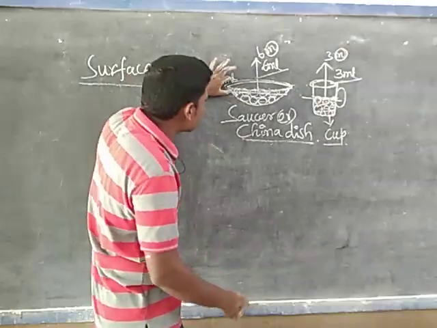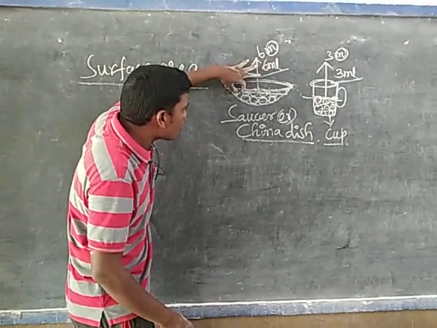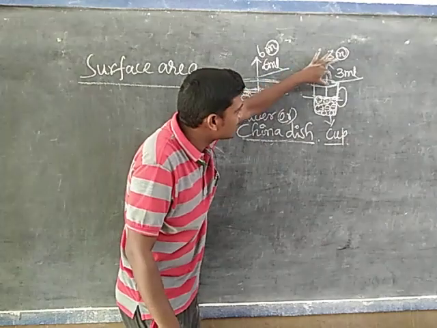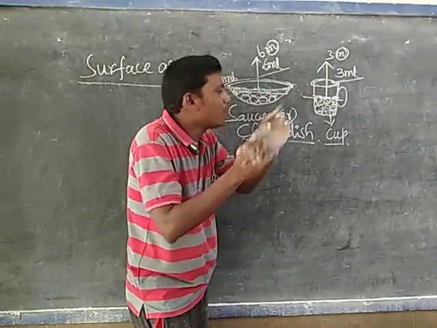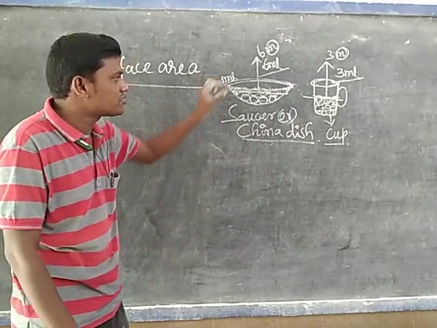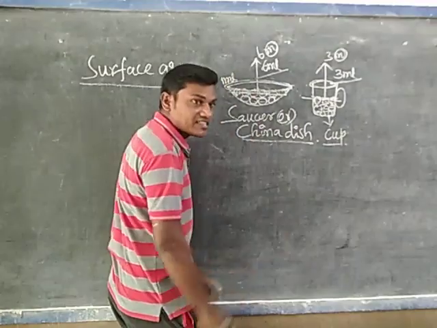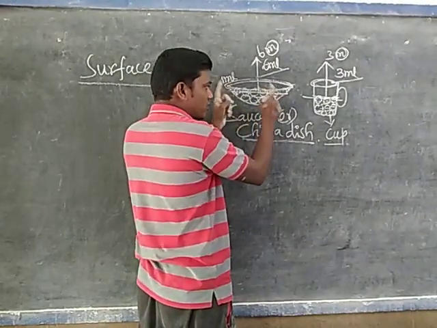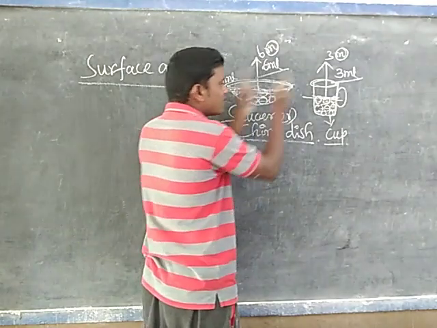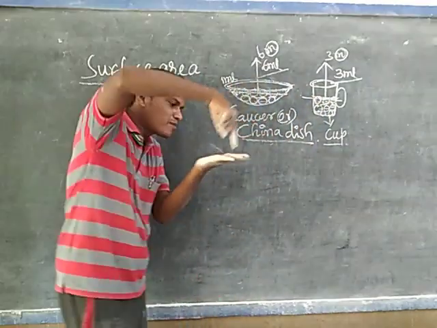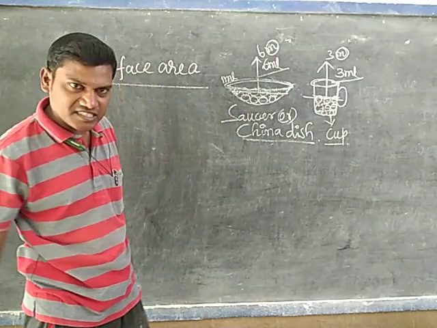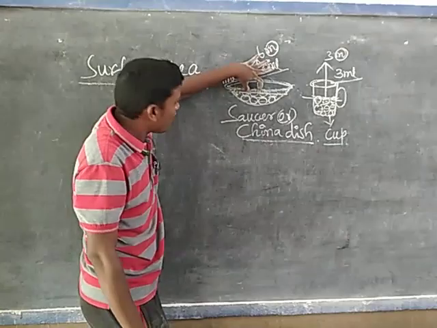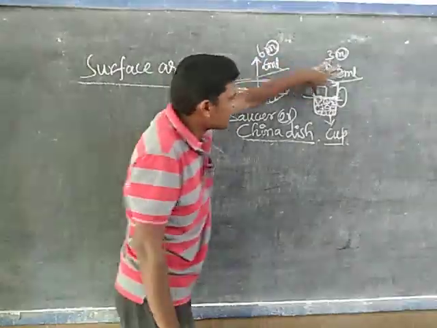What is the reason? If the surface area is more, more molecules are present near the surface. If the surface area is less, as in the cup, only a few water or liquid molecules are present there. But for your understanding, I will consider these values. A saucer has a larger surface area than the cup. That's why more surface area means more liquid particles are present near the surface, and here, fewer. Here, for your understanding, 6 water molecules are present at the surface, and here 3 are there.